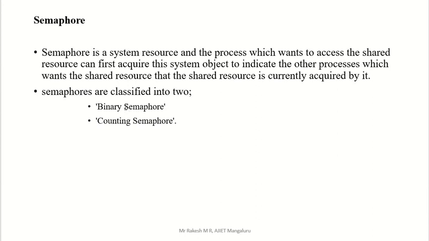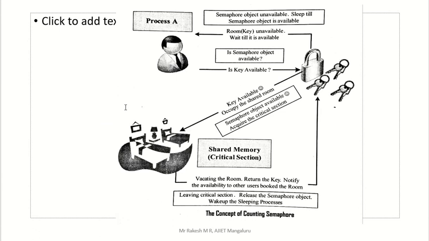Now, the example they have given is a counting semaphore example. Let us consider one shared room, a lodge, where we have 3 beds. How many persons can go inside the room? Three, because there are 3 beds inside the room. So 3 persons can go inside that room for sleeping, and 3 persons can go inside at a time.